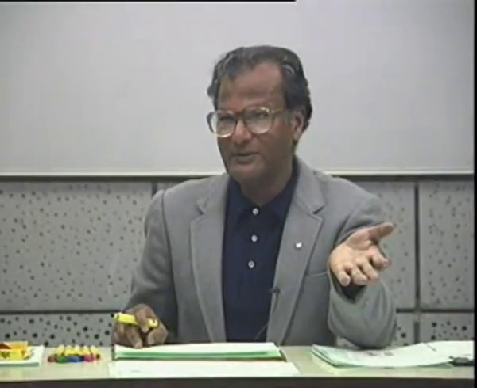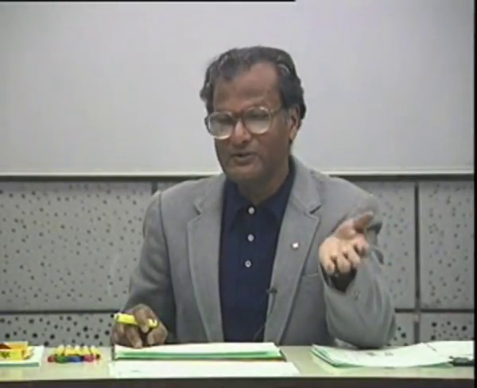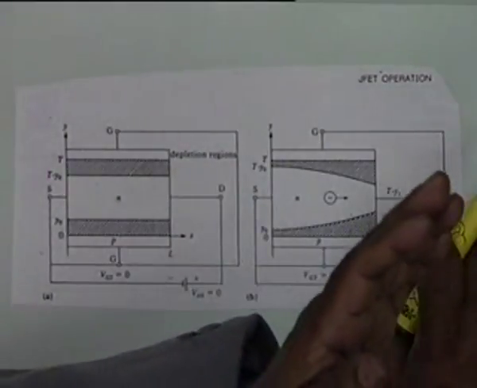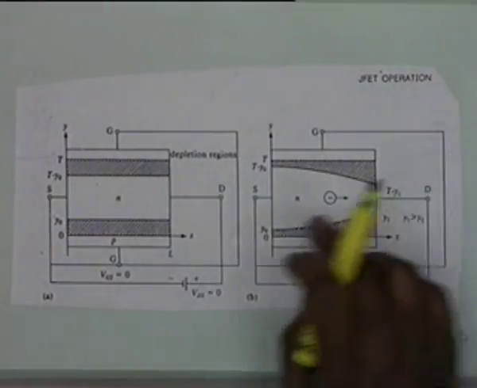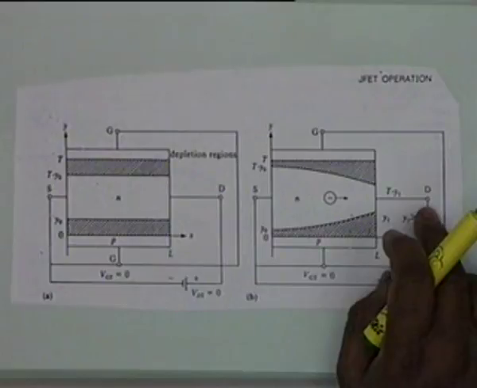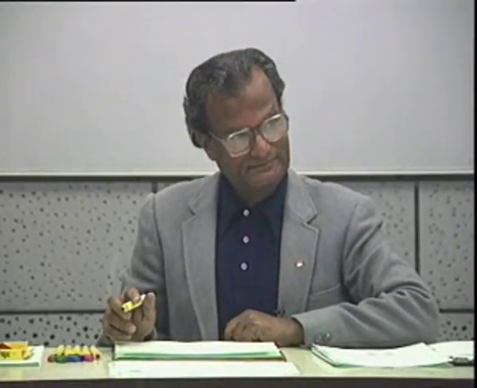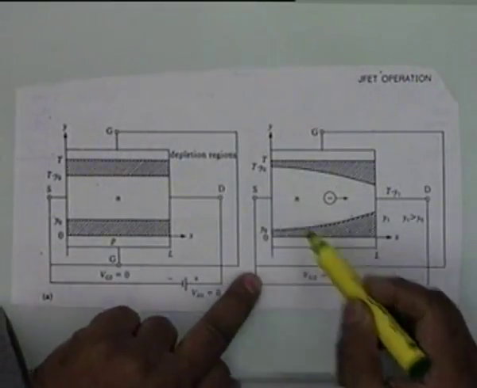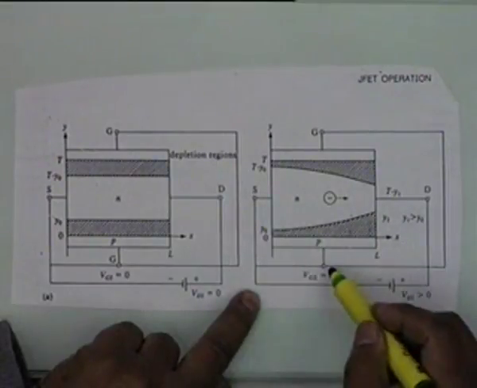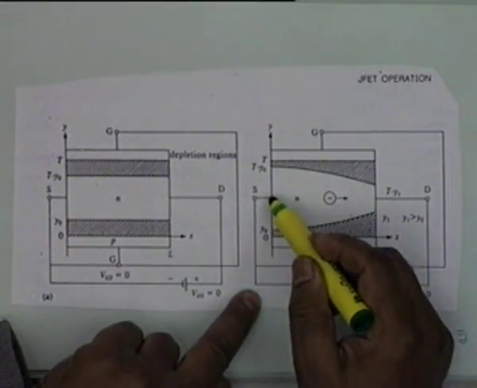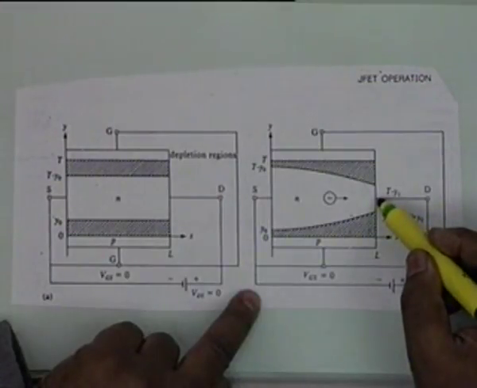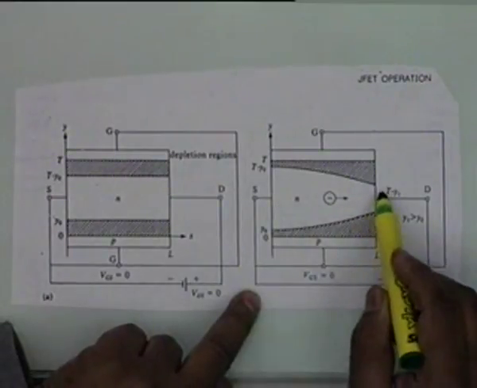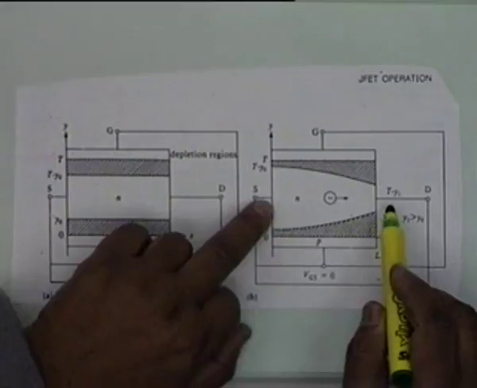How does this current flow? They don't flow by diffusion, they flow by electric field. A field is created between D and S, therefore the electrons are moved away from the source towards the drain. So how is the reverse bias increasing along the length? What is the reverse bias here? The battery negative is here and it is connected to the gate, so the reverse bias here is 0. The reverse bias here is exactly equal to VDS. And it's a resistive material, so the bias continuously increases. There is a drop across the n-type material.